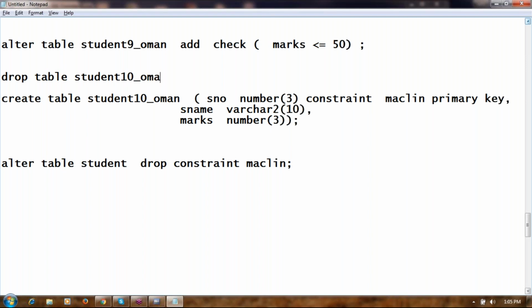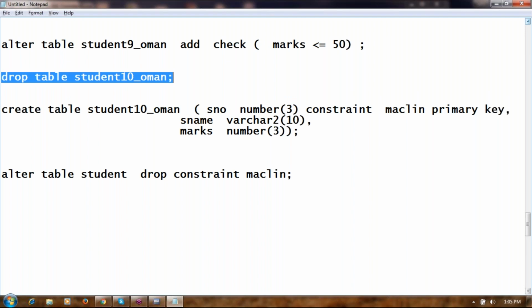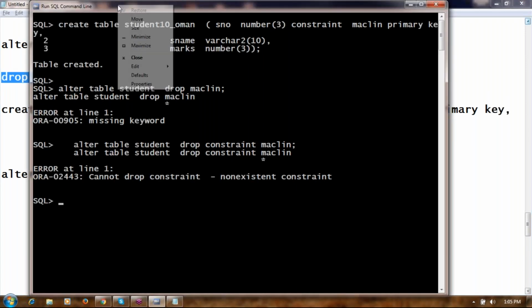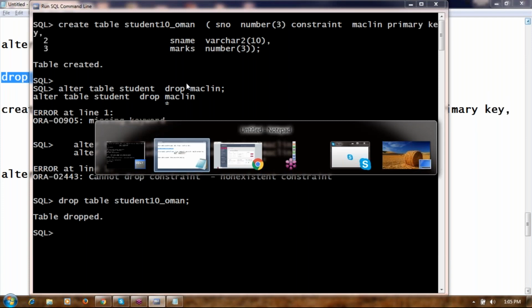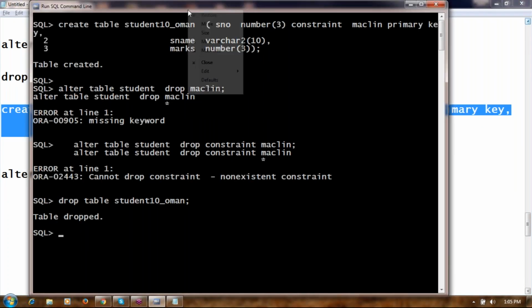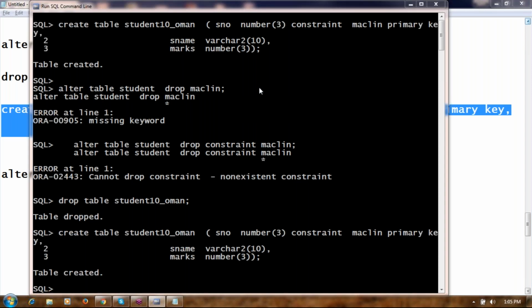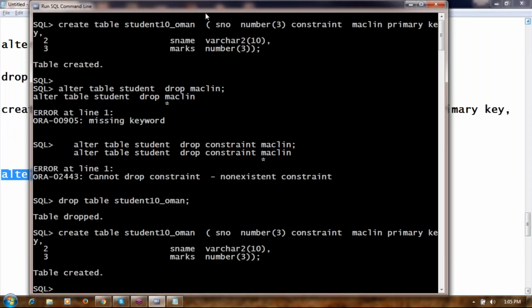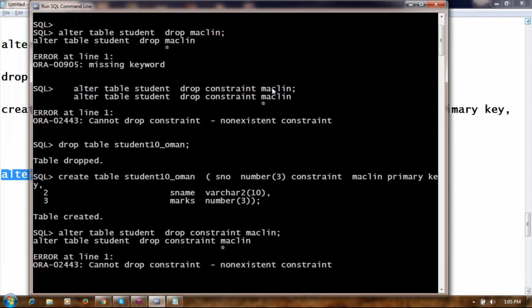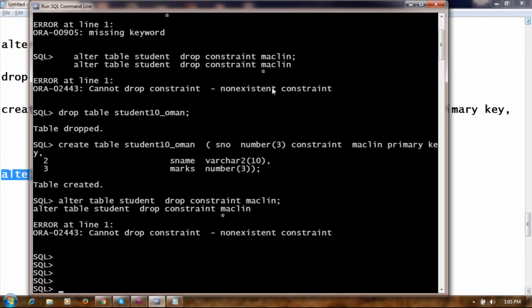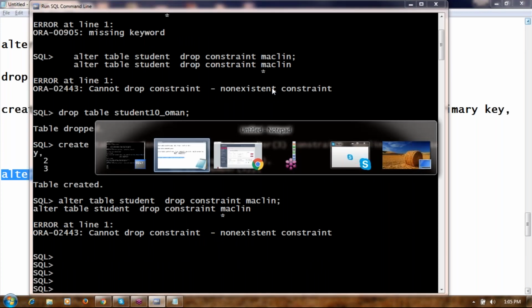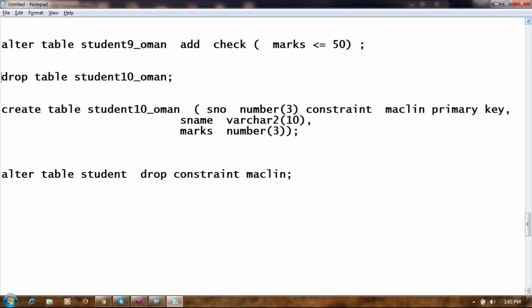You cannot roll back? No, drop is a DDL command. DDL commands cannot be rolled back. Table created. Non-existent constraint. Is it MacLean or McAllen? MacLean, yeah, MacLean. Why cannot drop constraint? Non-existent constraint.